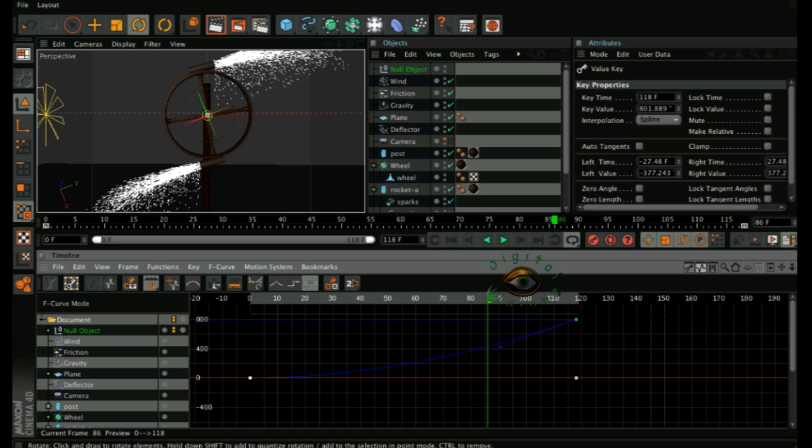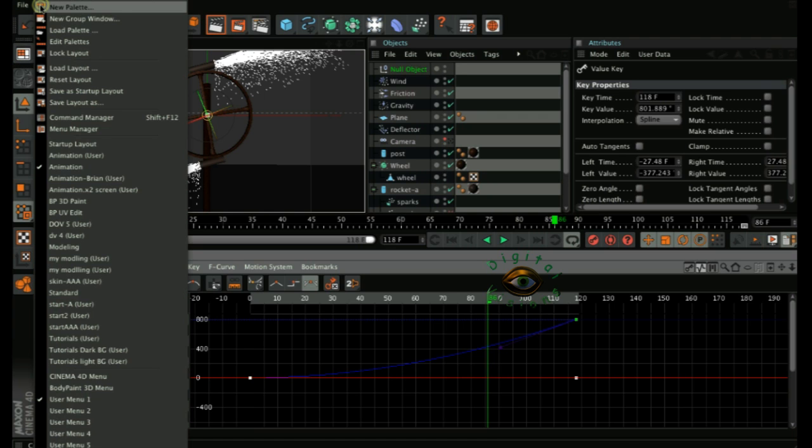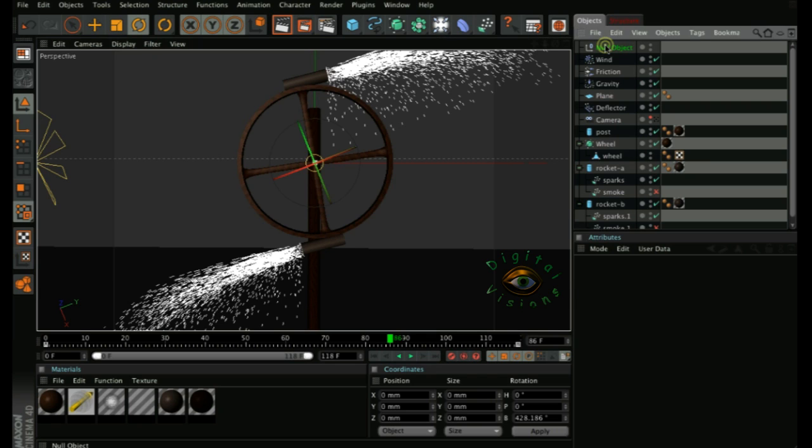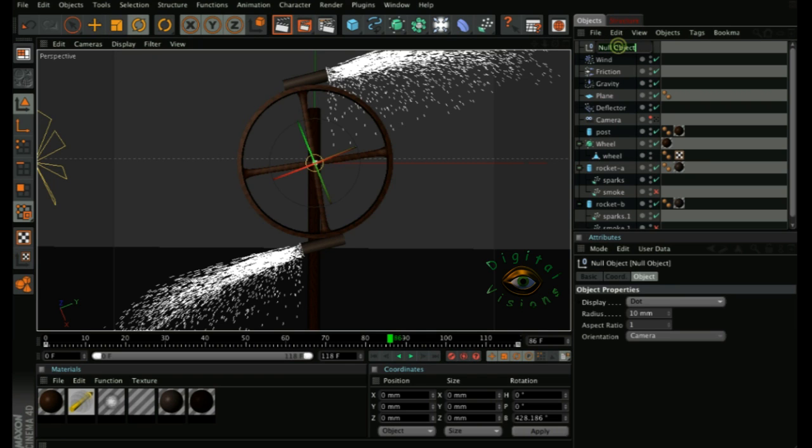We'll now move away from the F curve, back to, just go to layout and start up layout. That brings you back to the beginning layout, and call the null object wheel. Drag it down